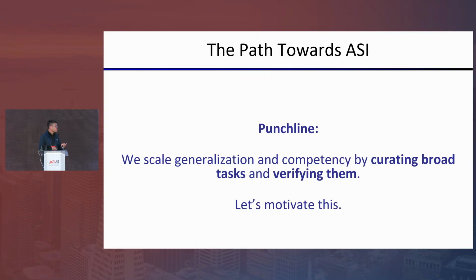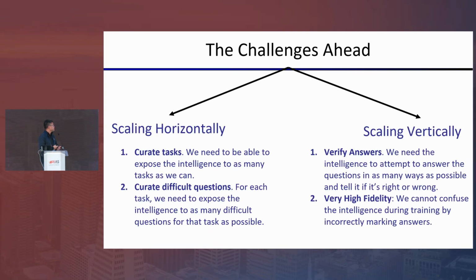Precisely, there will be two pillars: one is broadness, one is verification. Let's also try to motivate this. I want to emphasize two challenges ahead, which currently show themselves as key bottlenecks of scaling current AI's capabilities. I also believe that it really requires community collaboration to tackle those very challenging problems.